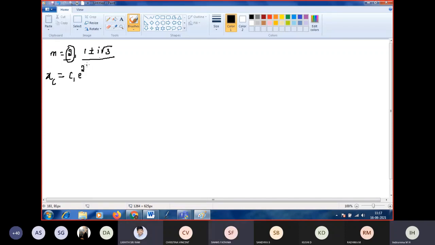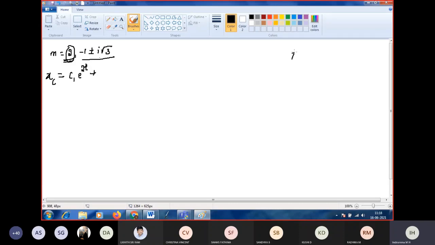Minus RHS 1 is plus or minus root 3. Minus 1. Okay, right. So we have 2 c1 into e power 2. What shall I write? T. We should write T, because you can see the question. RHS is a function of what? T. So x should be in terms of t. See, be very careful.